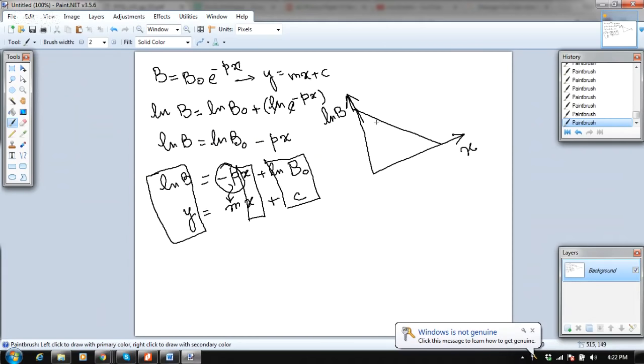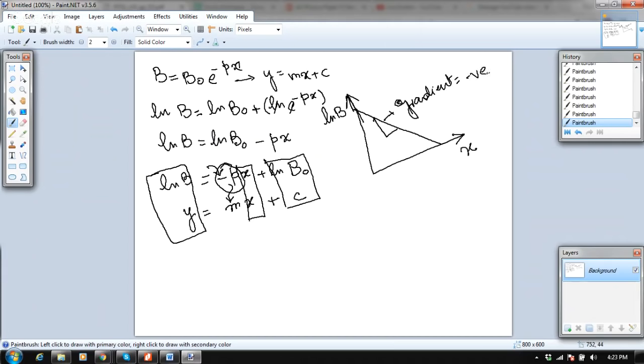How do I know that it is starting from the maximum value and going to zero? Because there is a negative sign. Whenever there is a negative sign, that means the gradient will be negative. So m will be, the gradient will be actually minus p. In fact, now because there is already a gradient introduced, so it will be the value of p. So minus and minus were cancelled. So once we know that this should be the form, then when we write the problem statement,